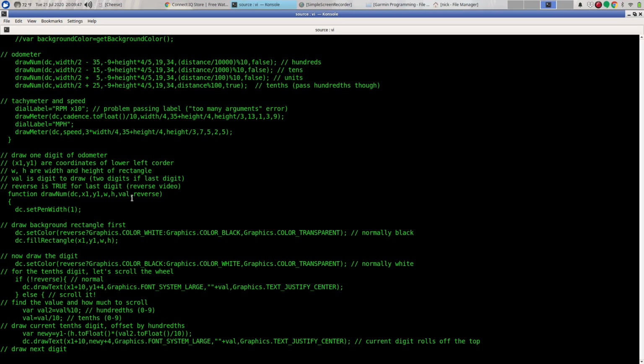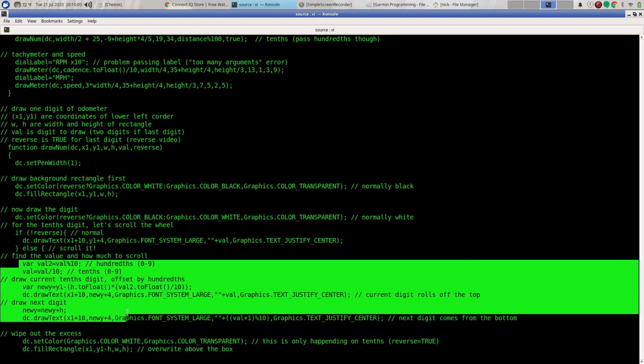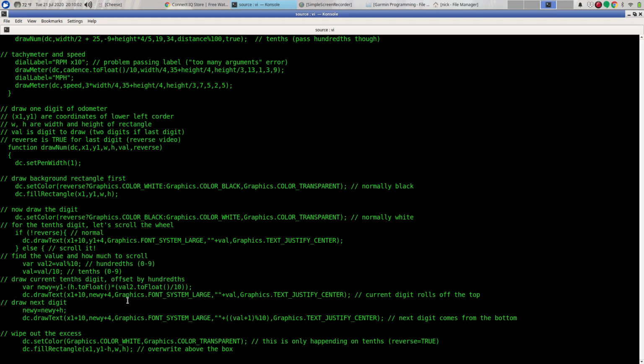So draw num draws a single digit, basically draws a rectangle for the background, and then draws the digit. If it's the last digit, meaning it's reversed video, then we do all of this stuff, which basically draws the current digit and the subsequent digit, right? So val is the current digit, val plus 1 mod 10 is the subsequent digit, and it draws those instead of starting at the bottom of the rectangle. It moves them up on the screen a little bit. The first one gets